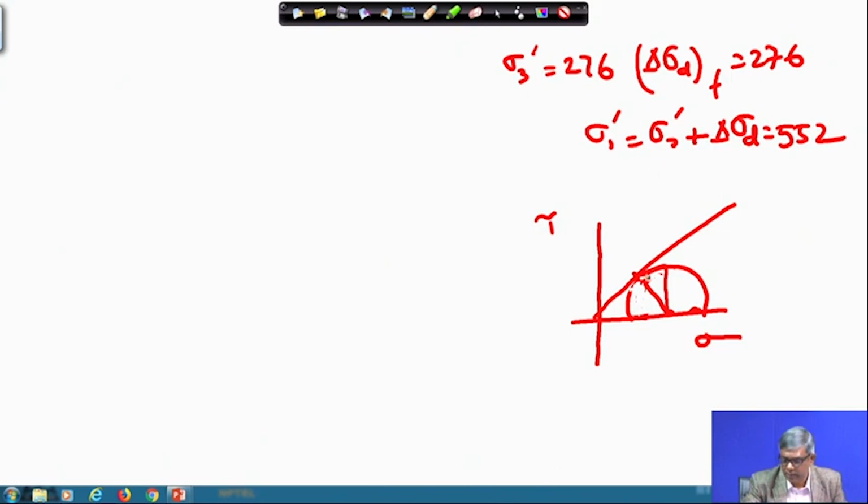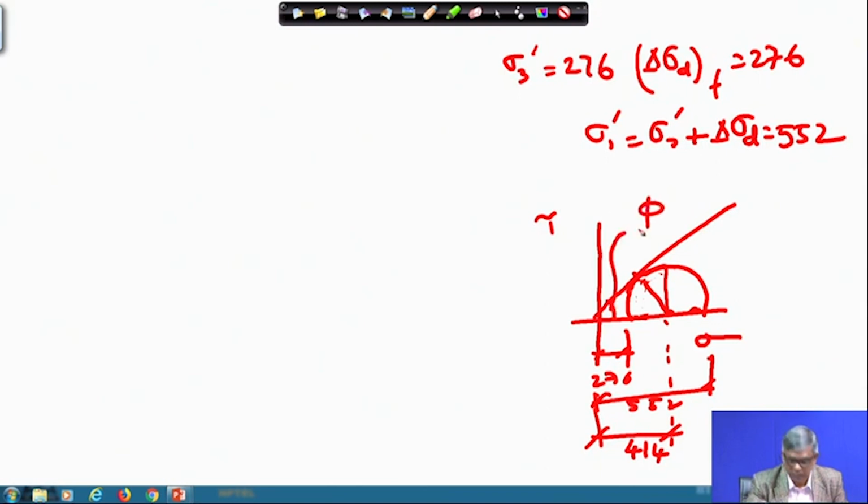So, we can have this is the circle, and this is actually 276, and this is actually 552, and up to this center, this is actually your 414. So, this is actually if it is phi, then your sin phi, if I say this is O and this is A and this is C,